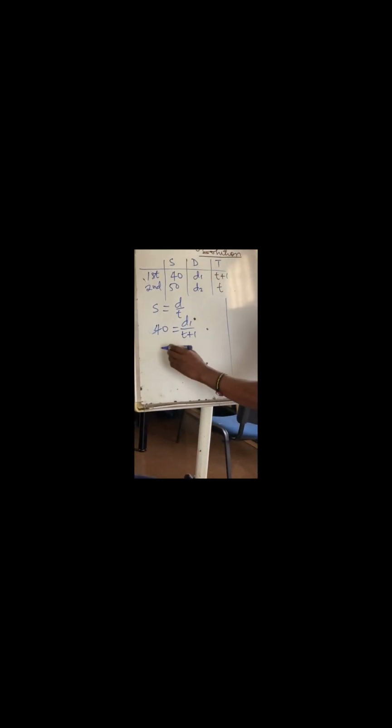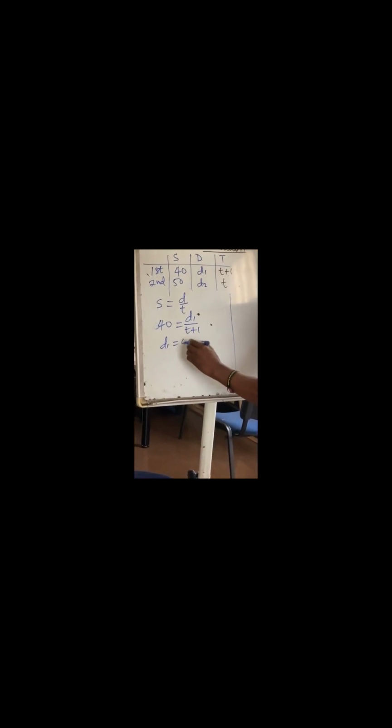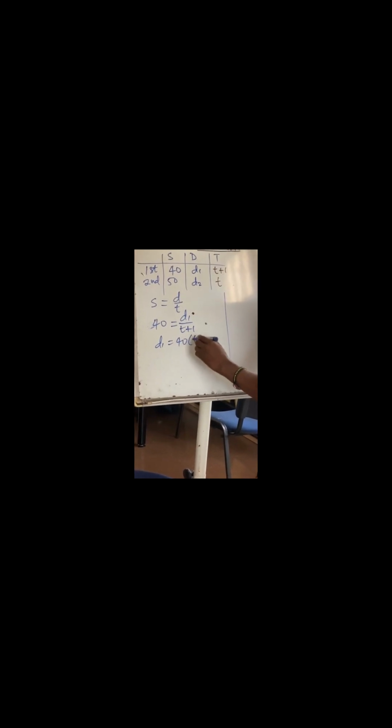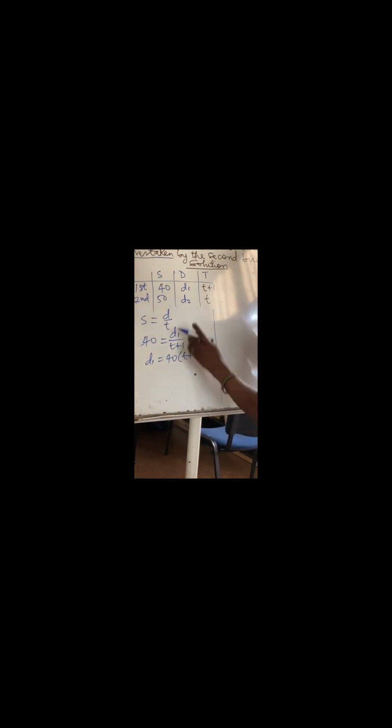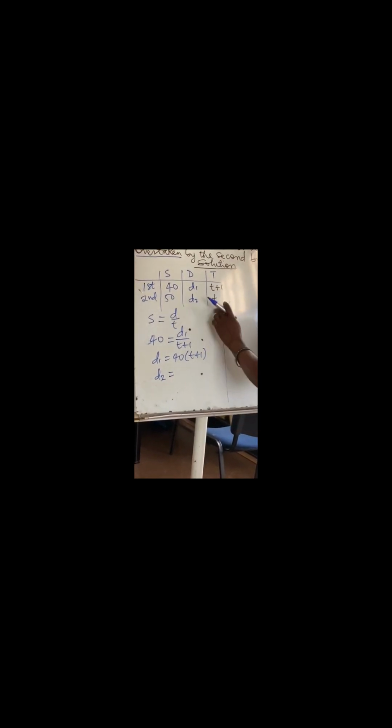When we cross multiply to make d1 the subject of the formula, we have d1 equals 40 open parentheses 1 plus t. So we get the expression for d1. Similarly, if you make the same expression for d2, we have d2 equals the speed, which is 50, times his own time, which is t. At the point of overtaking,